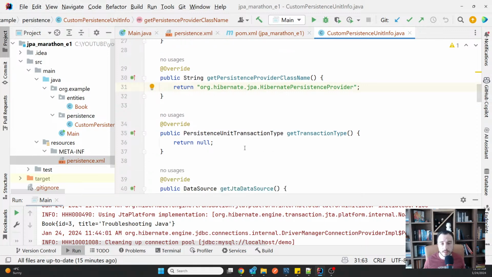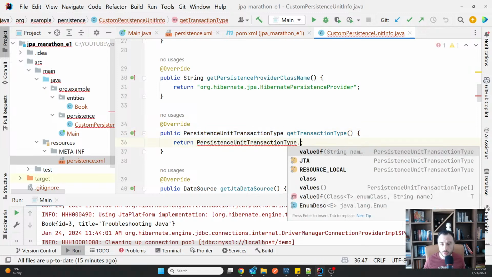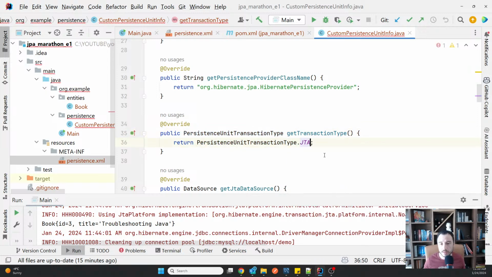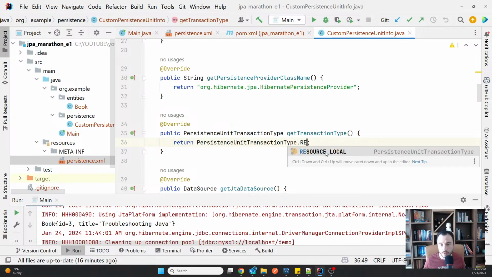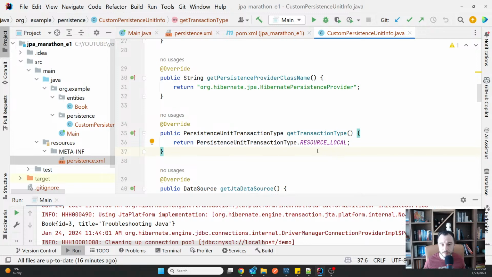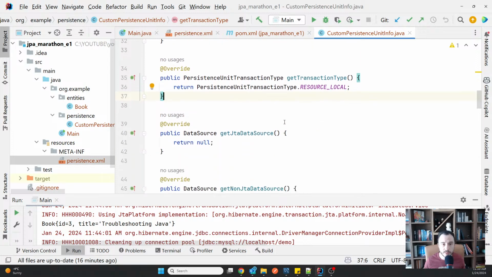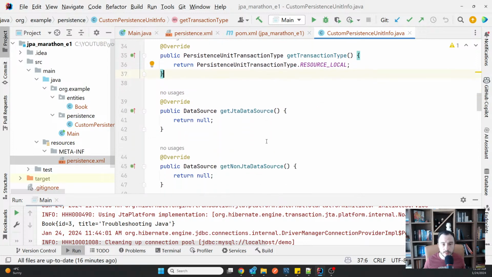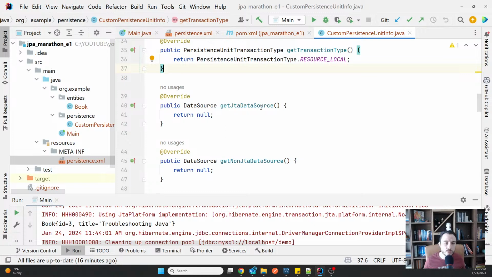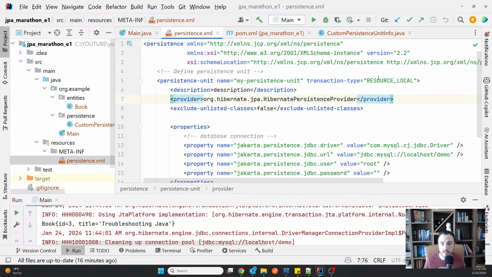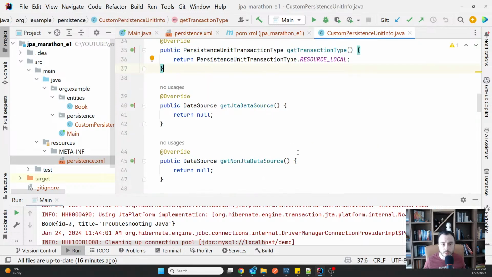And then the transaction type, which you need to provide, is either JTA or resource local. You can use resource local, for example, like we did in the previous one, and then get a JTA or non-JTA data source depending on the transaction type that you used. Remember, all of these are exactly what we began with at the beginning of our description.